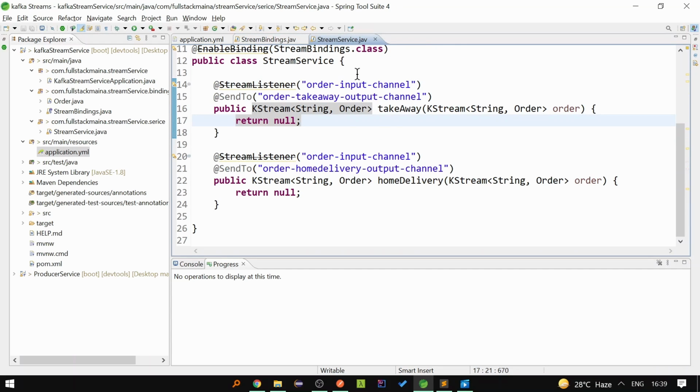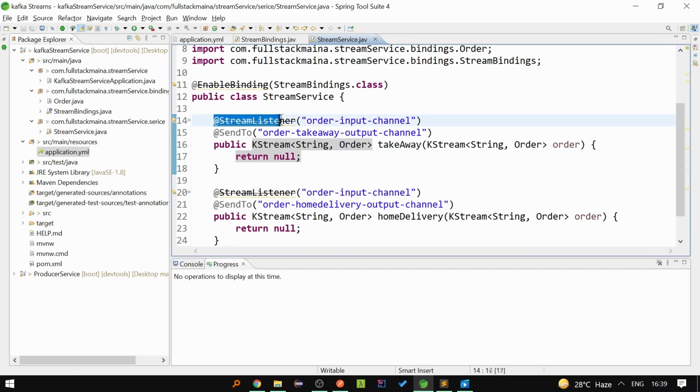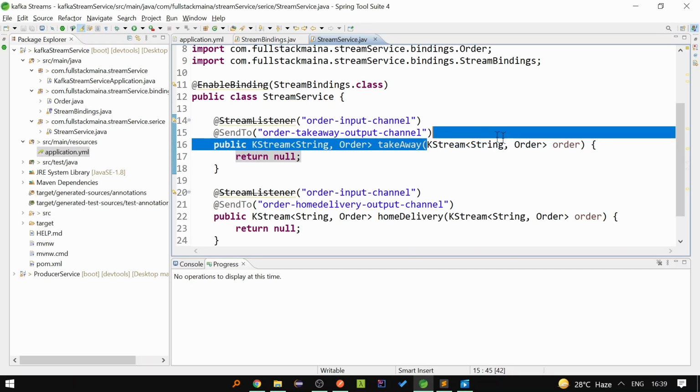Now the next step is we have mentioned the StreamListener over the takeaway method, and the channel is order input channel. So it will call this method and it will pass the data in the form of KStream of order. So this method is going to get the data by Spring Cloud Stream.